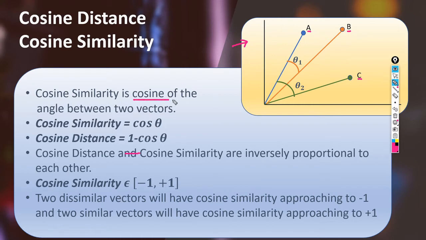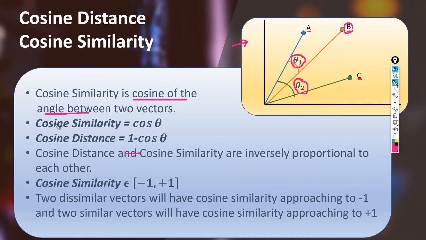It is the cosine of the angle between two vectors. So cos theta 1 is the cosine similarity between A and B. Between A and C, the cosine similarity is cos theta 2.